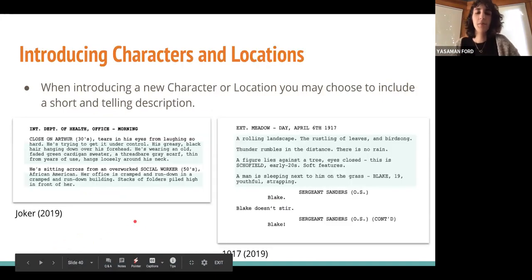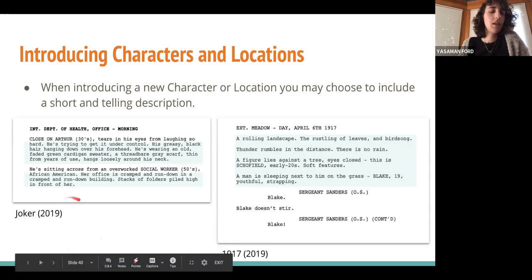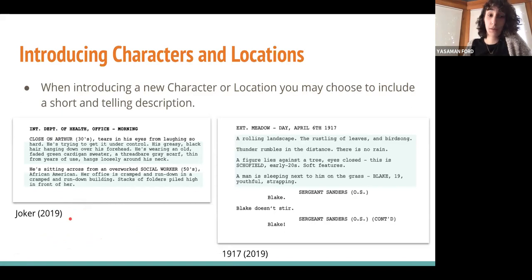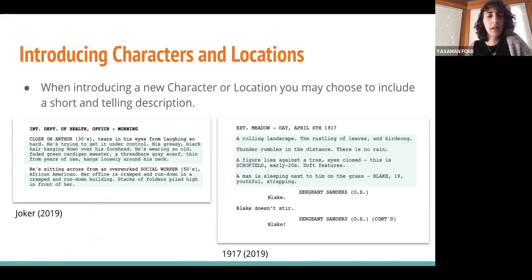Okay, that shows what you can convey in a script versus what you shouldn't. So here we have Joker, 2019. Close on Arthur, 30s. Here's his description. He's trying to get it under control, his greasy black hair hanging down over his forehead. He's wearing an old faded green cardigan sweater, a threadbare gray scarf, thin from years of use, hangs loosely around